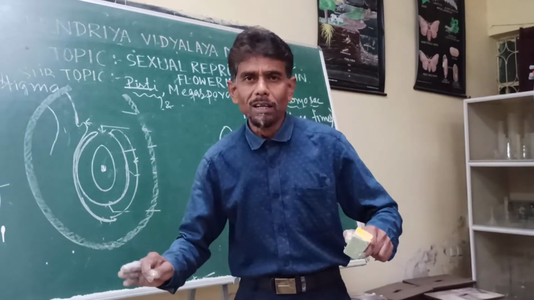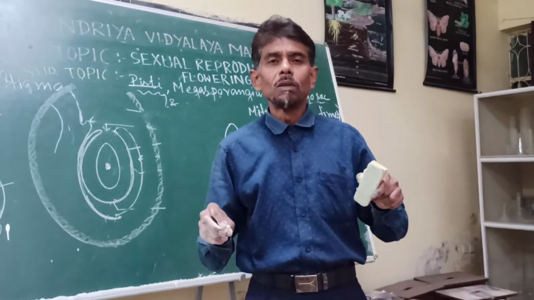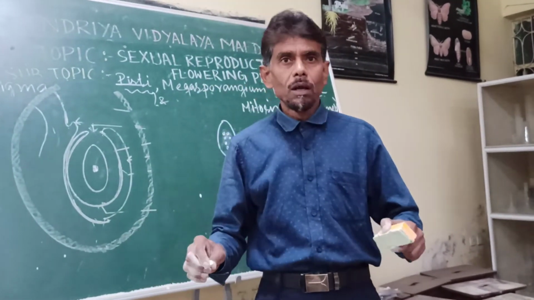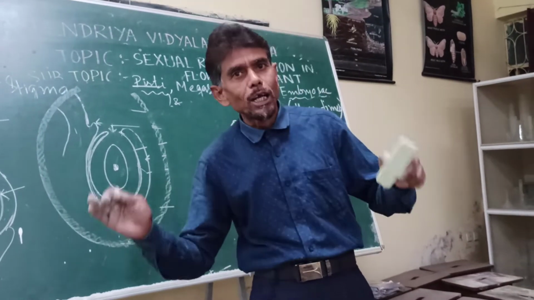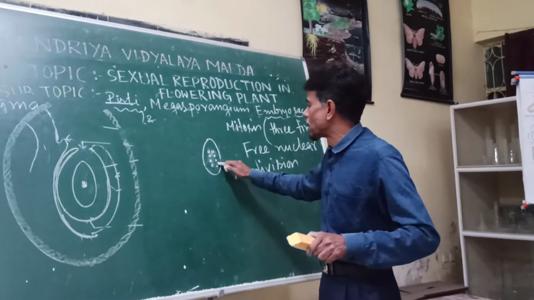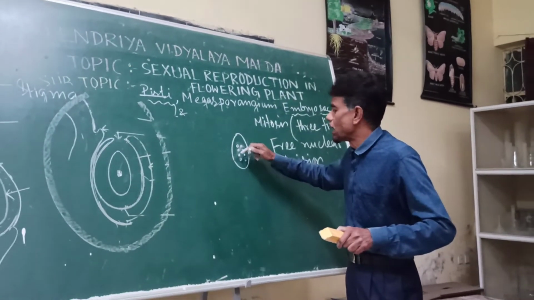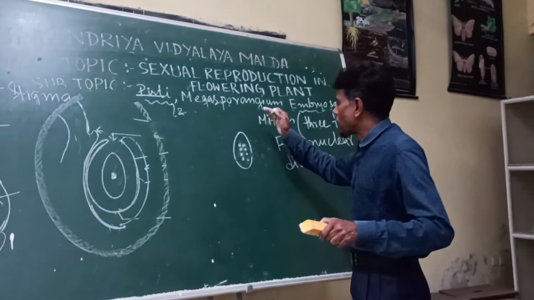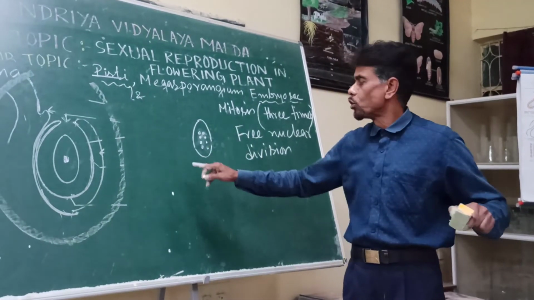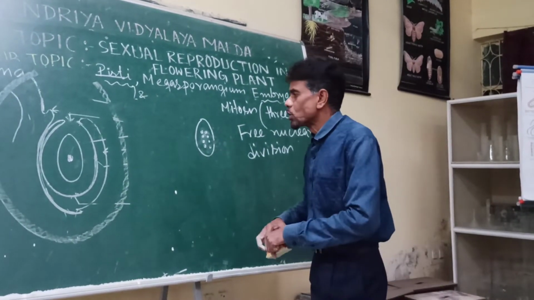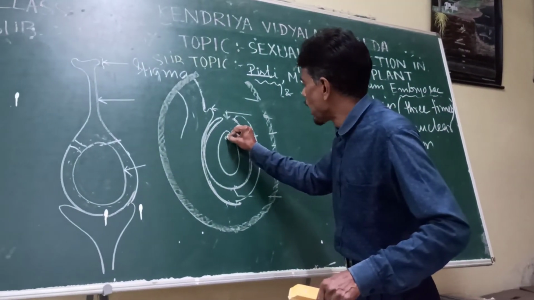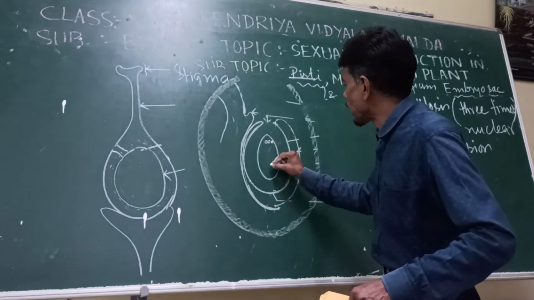Free nuclear division means that immediately after dividing the nucleus, that is nuclear division, which is called karyokinesis, the cytoplasmic division, called cytokinesis, does not follow. So karyokinesis is not followed by cytokinesis. That means cell division, cell wall formation, doesn't take place immediately. Immediately after complete division of the single nucleus by means of 3 mitotic divisions to form 8 nuclei, they will start moving in a very interesting fashion.